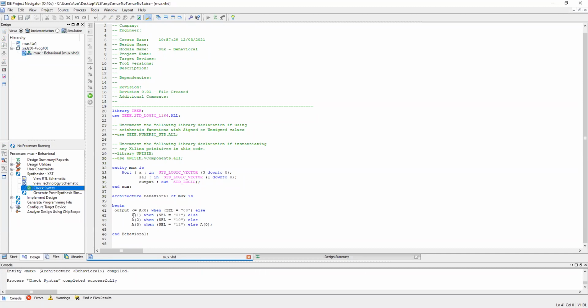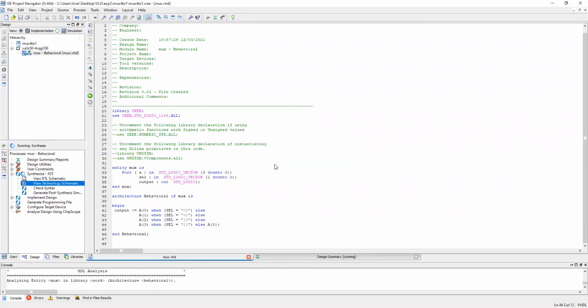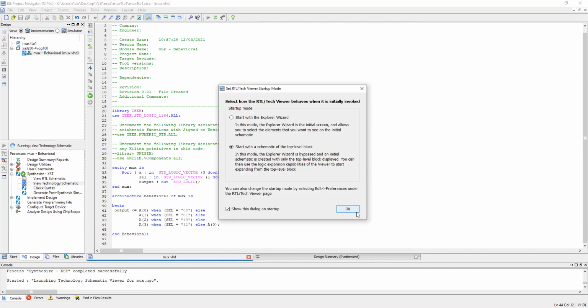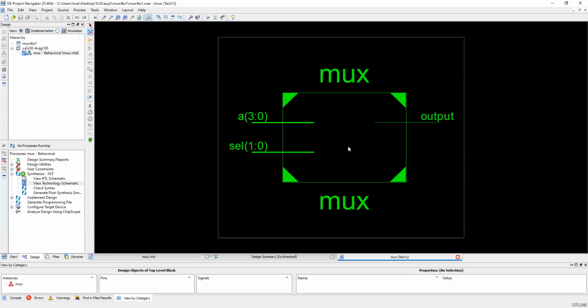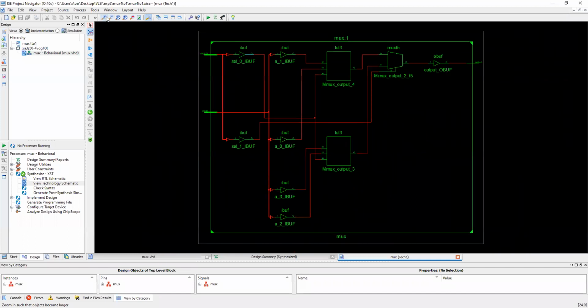So now we will try to simulate this. And this is a 4:1 multiplexer. So you can check here technology schematic. This is your multiplexer black box. And if you double click inside this, you can get this huge circuit where you can have the 4:1 multiplexer. This is how you can actually manually design a multiplexer.